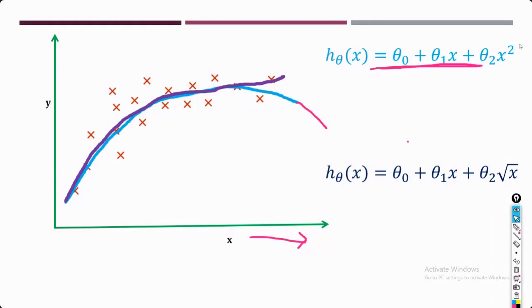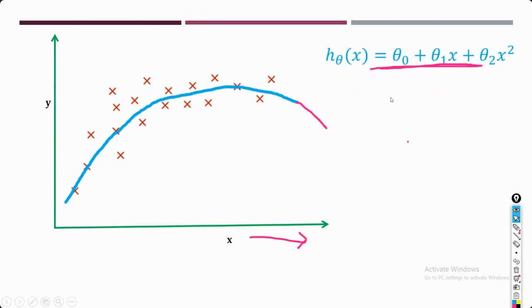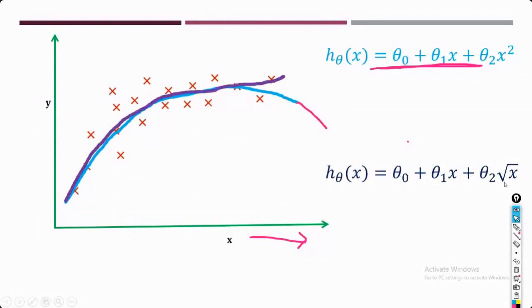It's not always the case that x square is going to work for your problem, or that x cube is always going to work for your problem. It depends upon what kind of problem and what kind of behavior you are having in your data. Based upon that behavior, I need to work with this beta. Sorry, we need to work with the basis function. We have already seen the basis function earlier. In the first one, we were just squaring the value, and in the next one we are having this square. So that we need to decide.